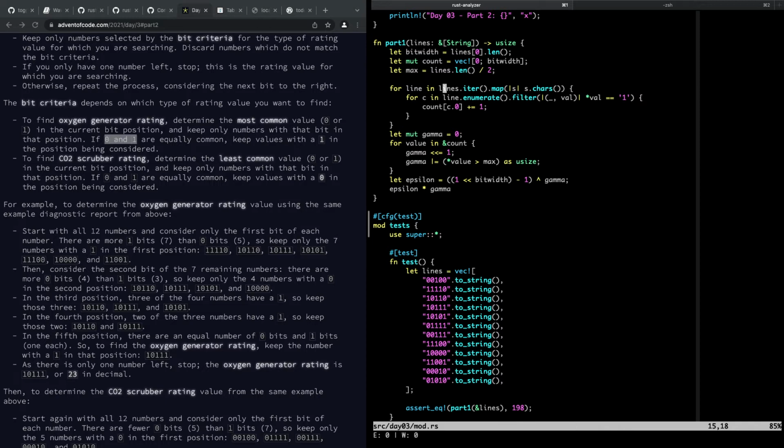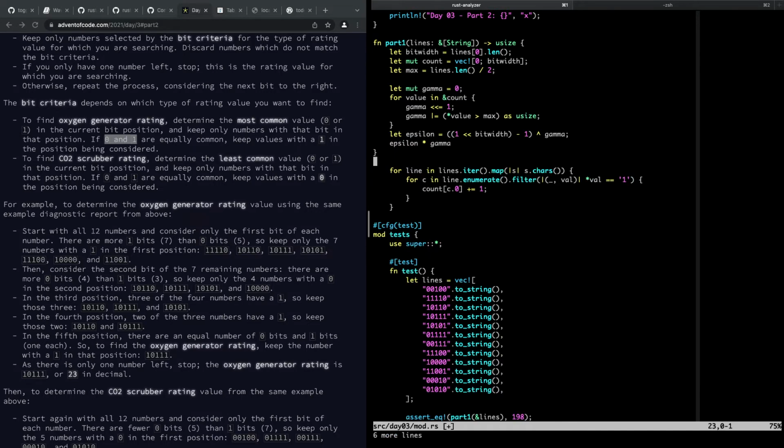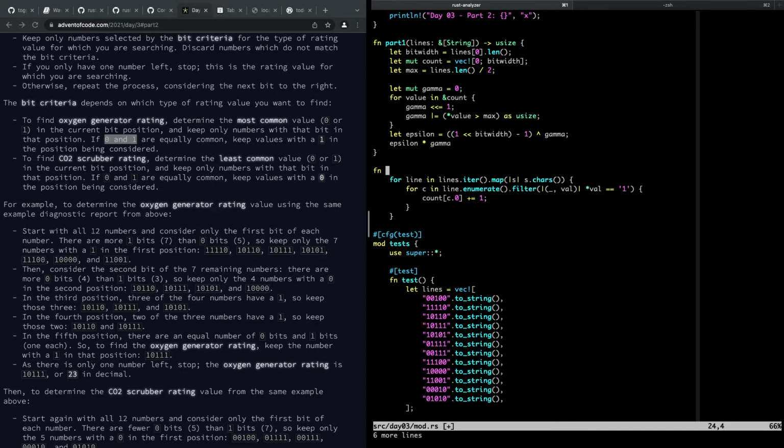I wonder if there's an easier way to do that, because it'll do every bit each time. I'm not worried about speed yet, though. Until speed becomes a problem, I don't care if I'm doing extra work, right? So let's pull this out into its own function. Bit frequency. And we're going to just pass in lines, which is a reference to a string, and it's going to return